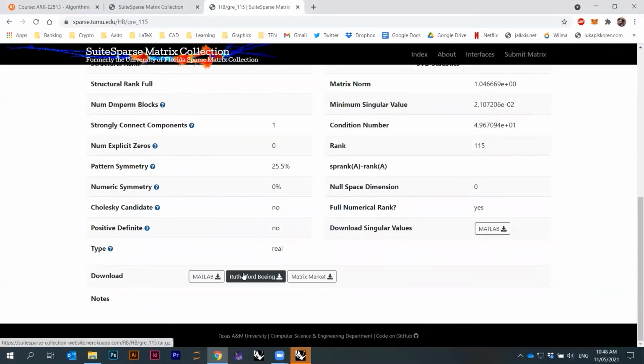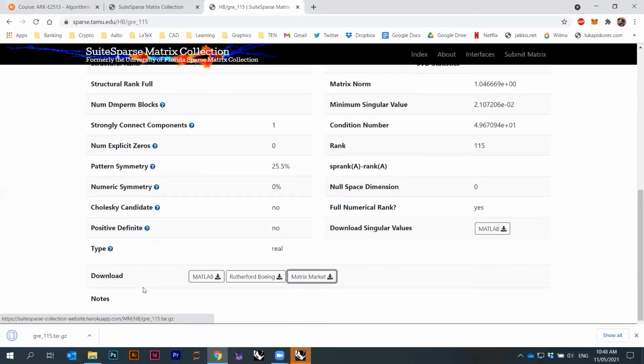It's basically just some kind of data format, and I want to show you how you can load it into Python. MATLAB you cannot really read directly because it's a proprietary format. This one works, and we will use the Matrix Market format. If you just download it, depending on what kind of zipper you have, WinZip or something,